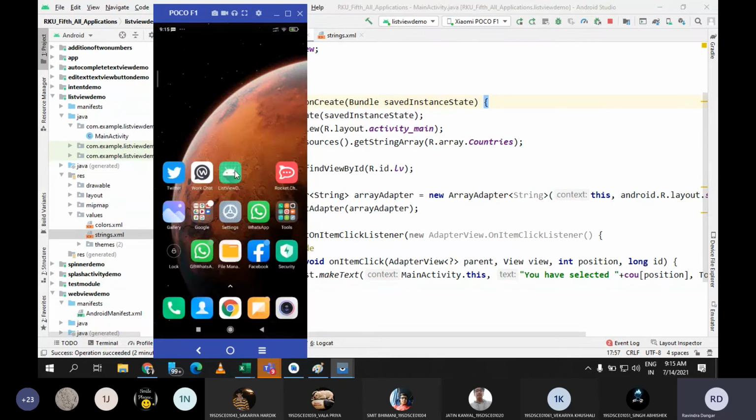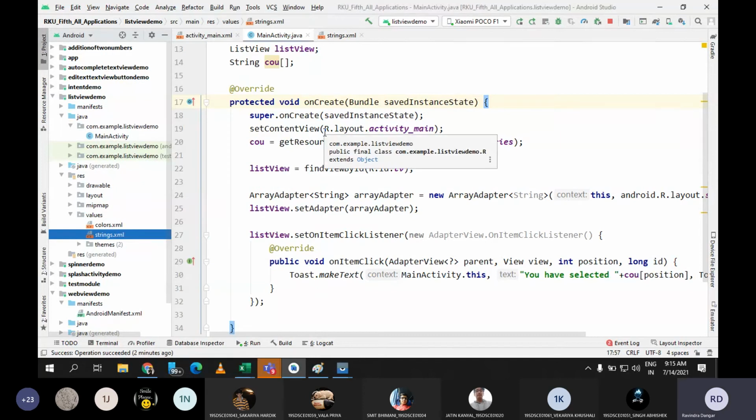Now, what if I want to change this icon? I don't like this icon, and instead I want a particular image to be set here. Can anyone help me to change the icon for this application? We have not discussed that, which is why I thought I'm getting 5 to 7 minutes, so let's discuss this also. How can I change the icon for my application? Sir, from the manifest file. Yes, very good.